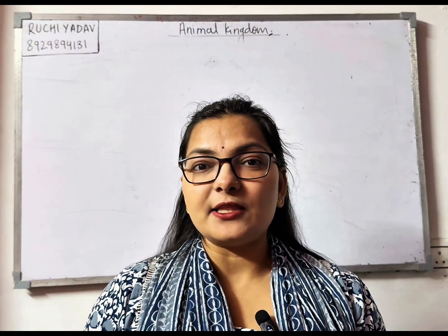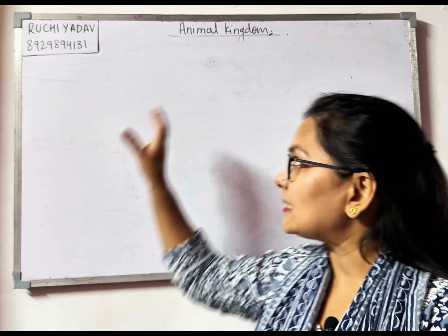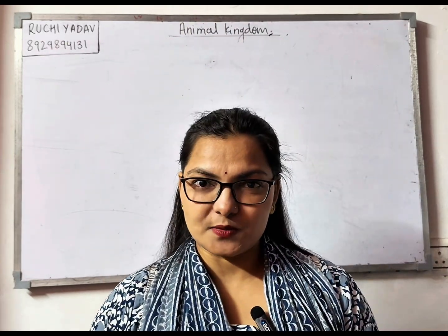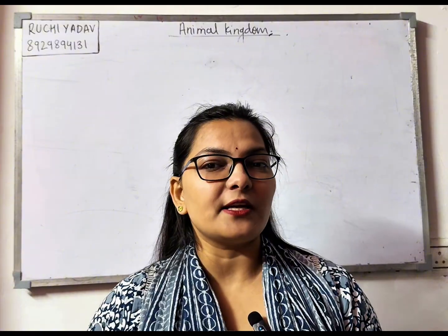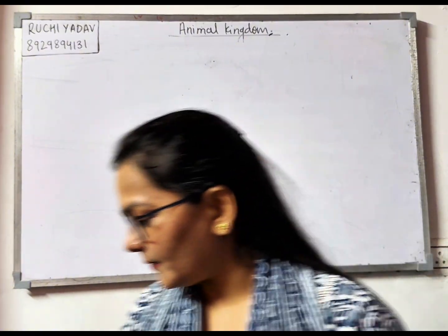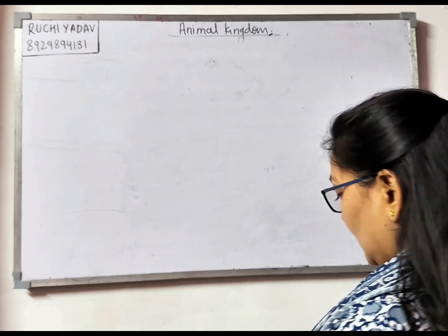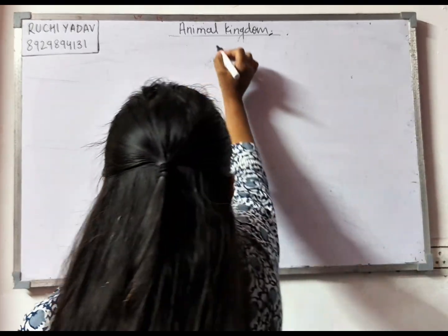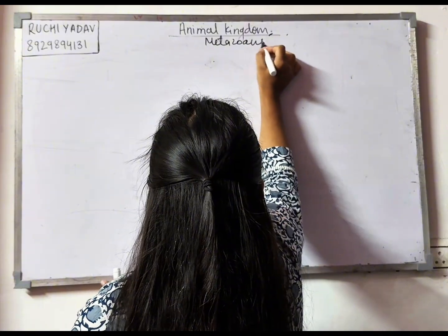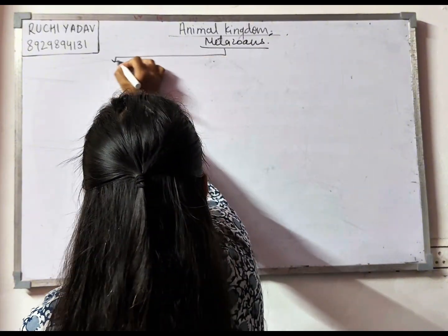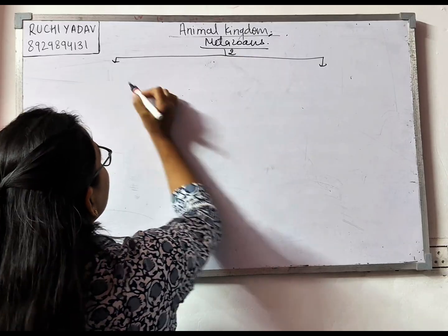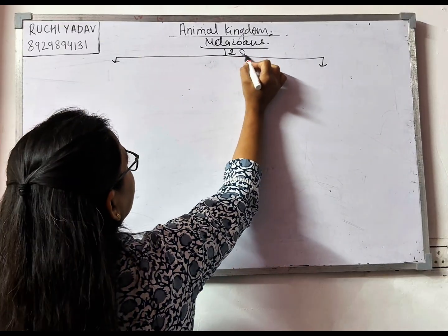Now, moving on to the next, how we have classified the organisms. Basically, this kingdom Animalia is broadly classified into two subkingdoms, and then further it is classified into phyla. Now let us understand what these are, right? The animal kingdom, we can call them metazoans, because they are made up of multiple cells. Now these metazoans are broadly classified into two subkingdoms,